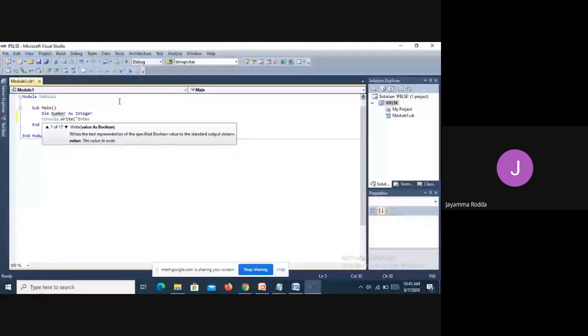So I have declared the number and I'm trying to give a prompt to ask me to enter a number. Console.Write is a method that I am using to write the output statement.